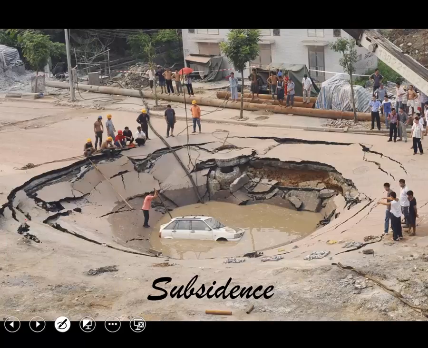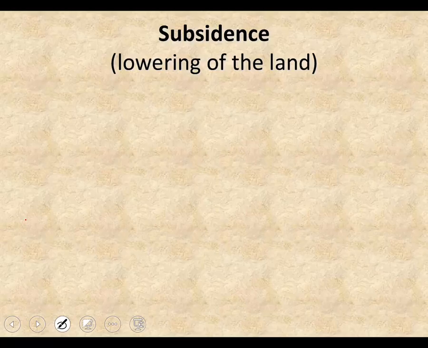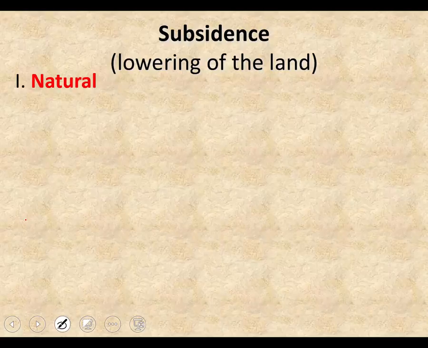Okay, we're going to talk about subsidence. Clearly subsidence is part of the spectrum of slope stability questions, but it's one that is of particular interest in certain geologic settings. Now, if we talk about the lowering of the land, and more specifically how that happens and why it's a problem,